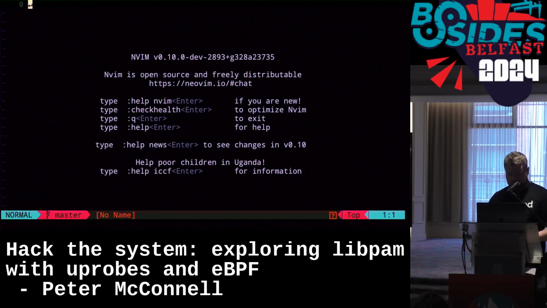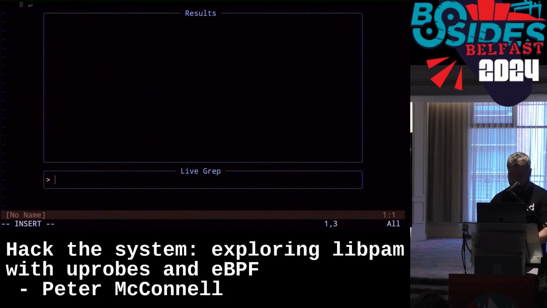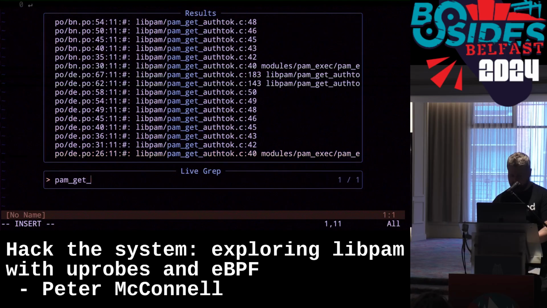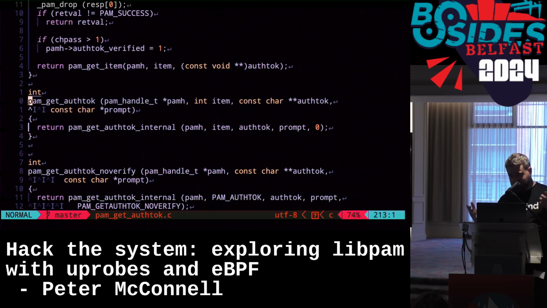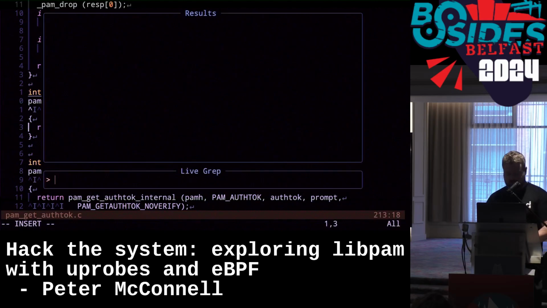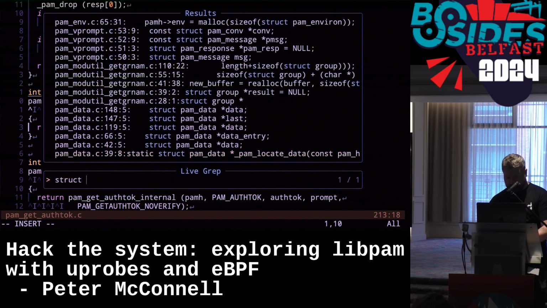Inside the libpam repository, we'll just do a simple search for pam_get_authtok. We'll get a small set of results to look through. And it doesn't take too much effort to find it. So we can see pam_get_authtok returns an integer, and the first parameter it takes is a pointer to a pam_handle_t. At this point, I have no idea what a pam_handle_t is, right? But we can go and try and find that